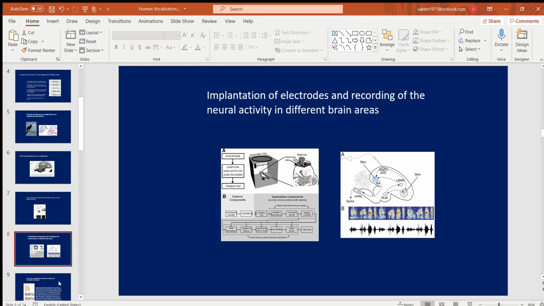When you inactivate that area and see the change in the behavior of bird song production, you can figure out which area is responsible for which function. Those areas are responsible for learning. When you inactivate those areas, the learning will be significantly hampered. The learning process will be